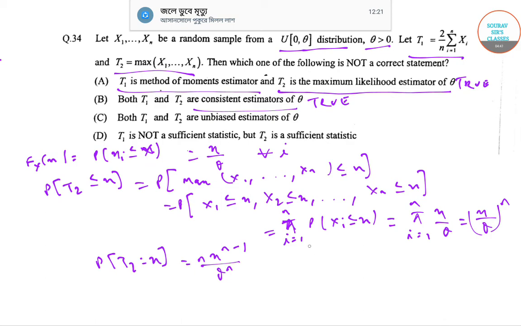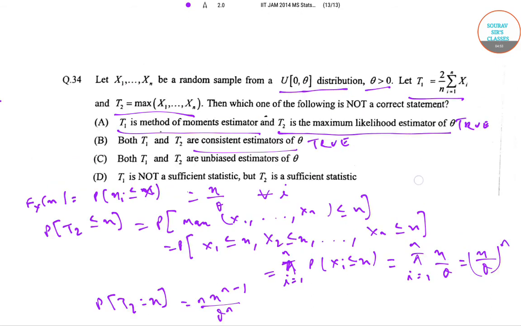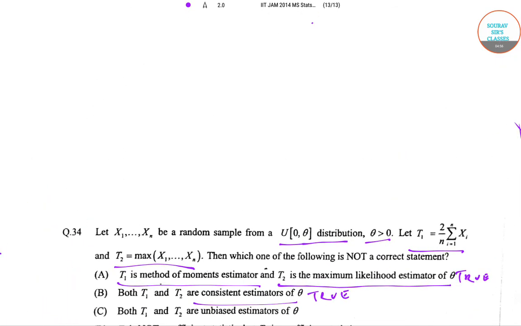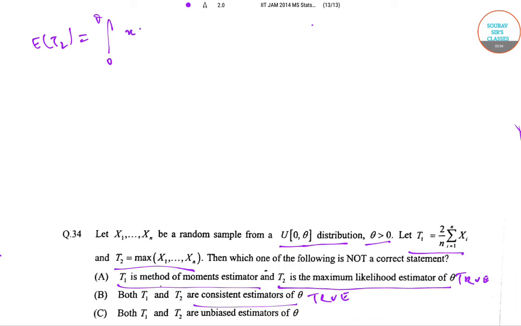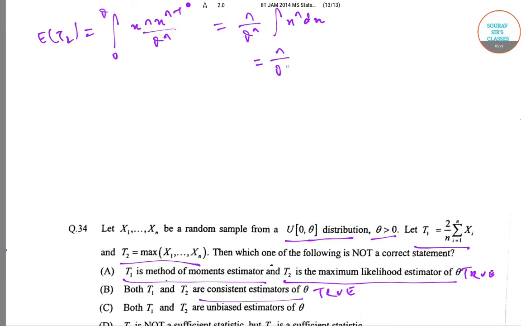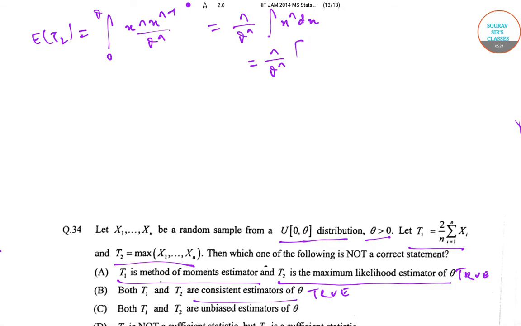Thus, expectation of T2 can be calculated as, we'll just remove the space. Expectation of T2 is equal to integral 0 to theta of x into n x to the power n minus 1 by theta to the power n, which is n by theta to the power n integral of x to the power n dx, which gives us n by theta to the power n into x to the power n plus 1 by n plus 1